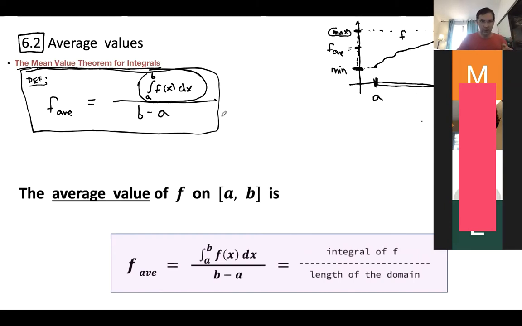So this is the definition. And now let me give you the main and most important result of this section, which is the following. The main result is the theorem called the mean value theorem for integrals. And this theorem says the following: if the function f is a continuous function defined on some closed interval from a to b, then